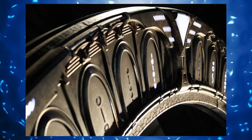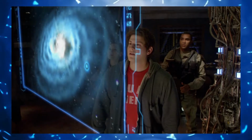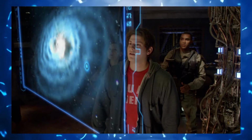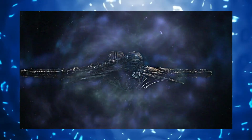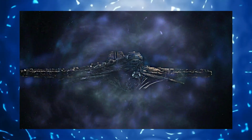Did the Pegasus Galaxy have Destiny-type Stargates? When the Destiny crew decide to take a look at the ship's flight path, they are shown all of the galaxies Destiny has flown through. One of the galaxies we see is the Pegasus Galaxy, which is the same one that the Atlantis network exists in. So, if Destiny and its seed ships flew through Pegasus, would there still be Destiny-type gates on a flight